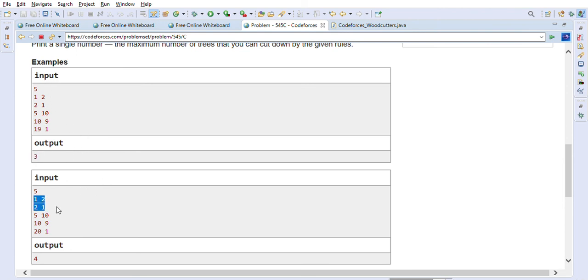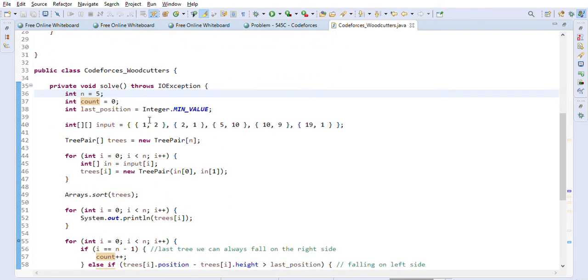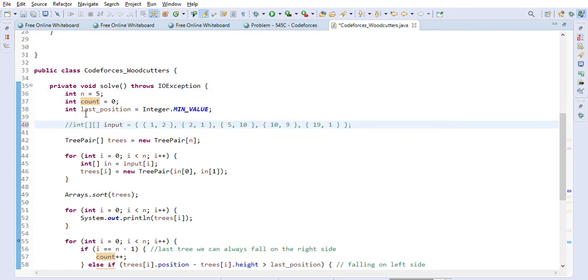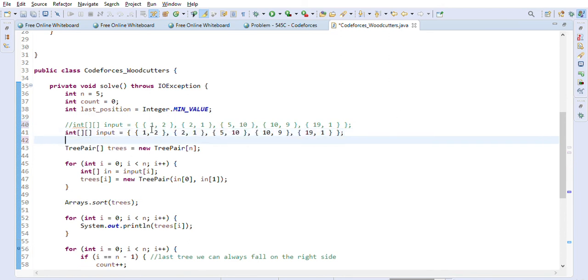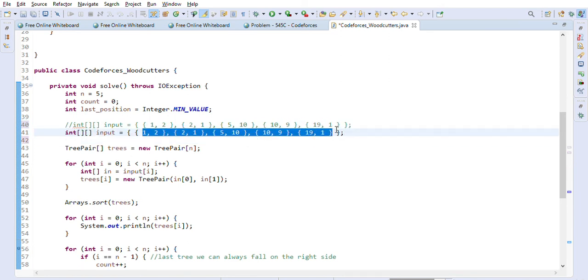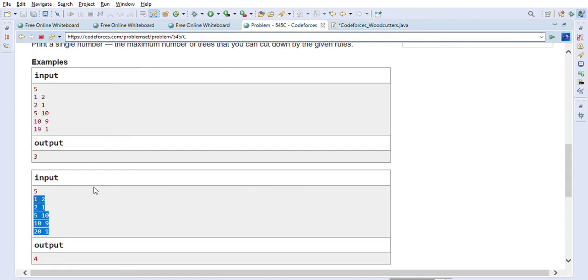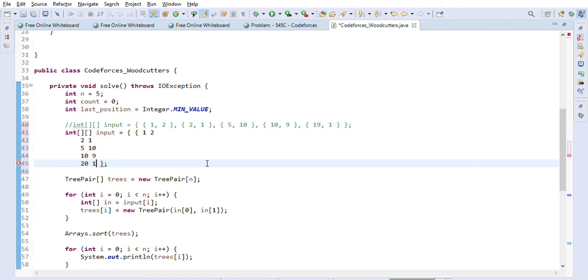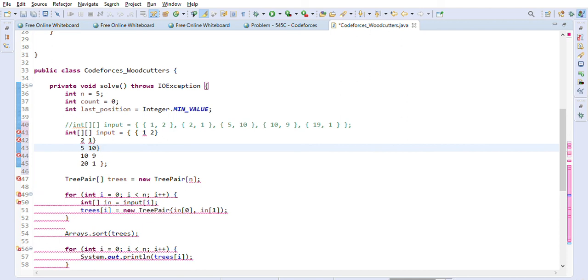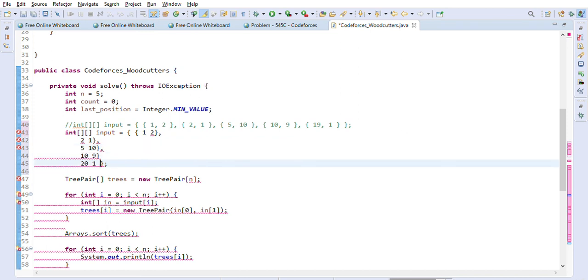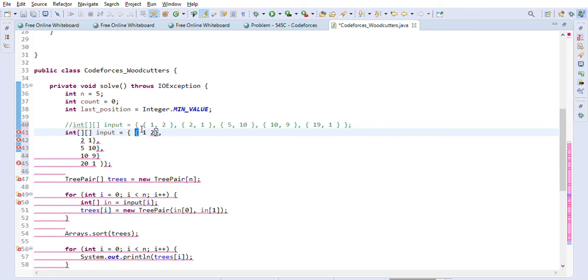Now let's take a look at the second example, this one, right? And make sure that our logic works for this example as well. So I am going to quickly implement another example. So we'll just make sure that both our examples work, right? So let me just quickly modify this with the second example's inputs. So just bear with me for a moment. It's always better to try with all the test cases that they have given us to make sure that our logic works for all the test cases.